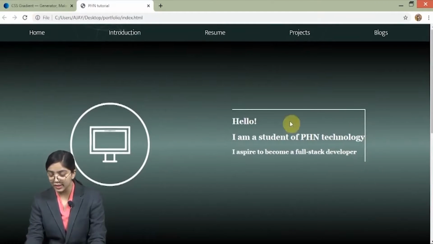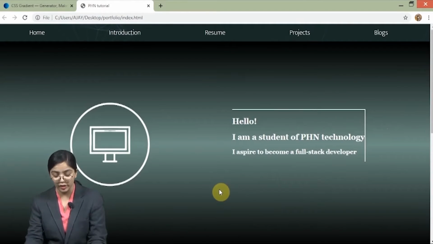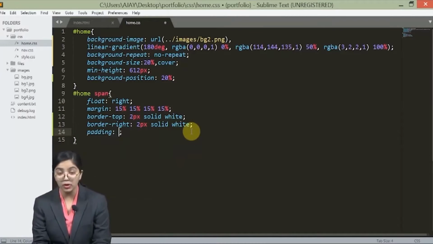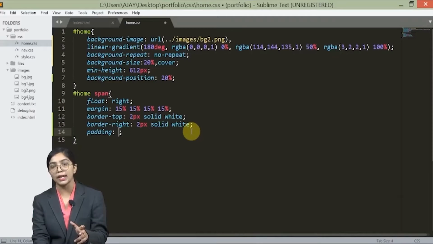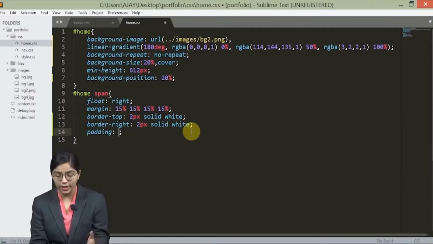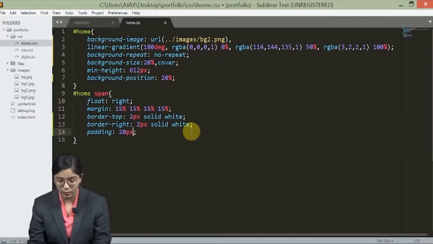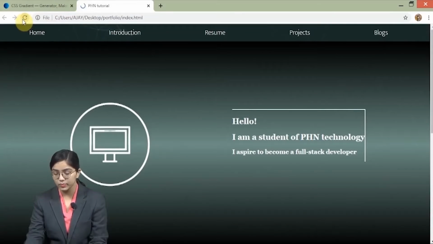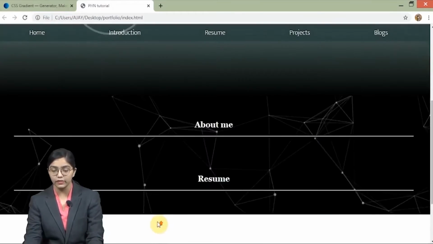It is quite sticking in here, but it has appeared, right? You can give bottom and top, you can design it your way. Now it is sticking a lot, right? So what will we do? We will give some padding to it, because padding is about the internal space. So we are giving padding to the span. Where will it apply? To the inner contents, that's right. I am giving it 20 pixels. Let's see if it works. Yes, it has appeared very nicely.